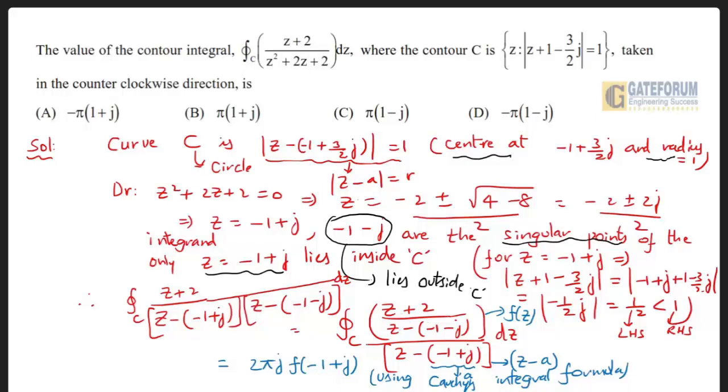Put z is equal to minus 1 plus j. So this is 2 pi j multiplied by, now the numerator is z plus 2. In place of z, put minus 1 plus j. Minus 1 plus j plus 2, divided by, in the denominator factor z minus of minus 1 plus j, there put z is equal to